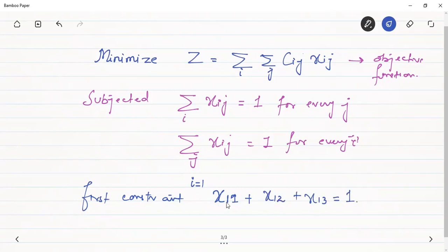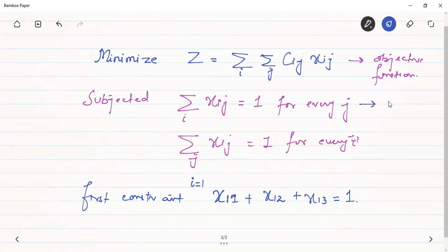What does x11 mean? X11 can take the value of 1 or 0. X12 can take the value of 1 or 0. Similarly, x13 can take the value of 1 or 0. So after expanding, their summation should be 1. So what does this constraint mean? I will write that this constraint represents that